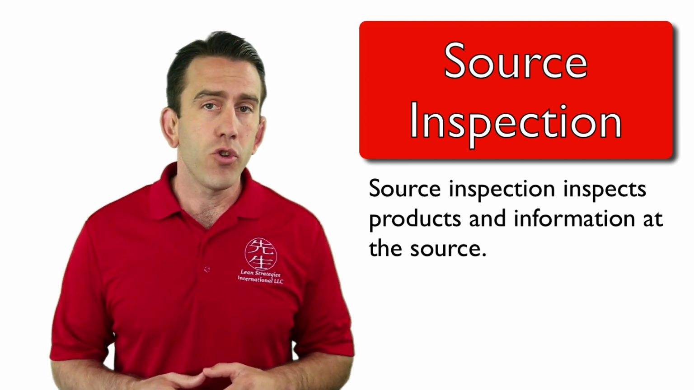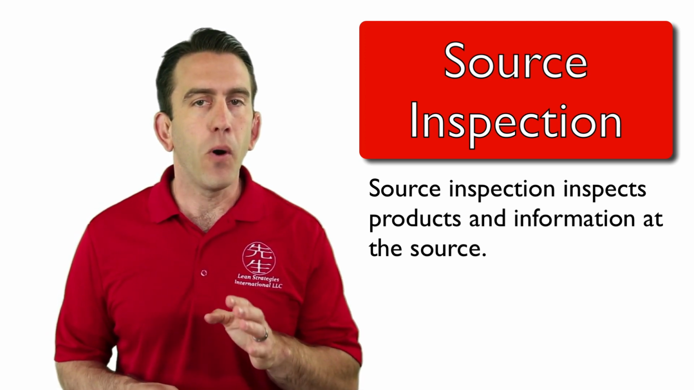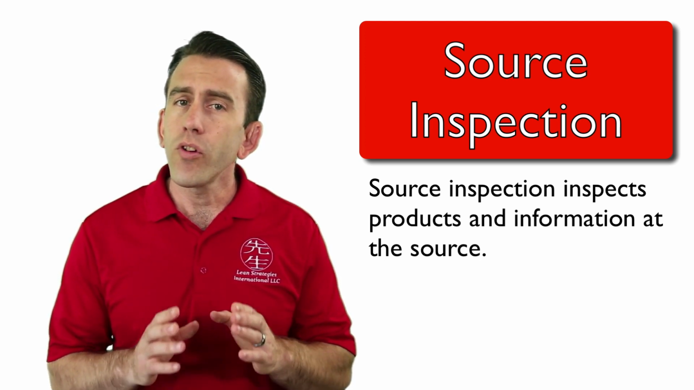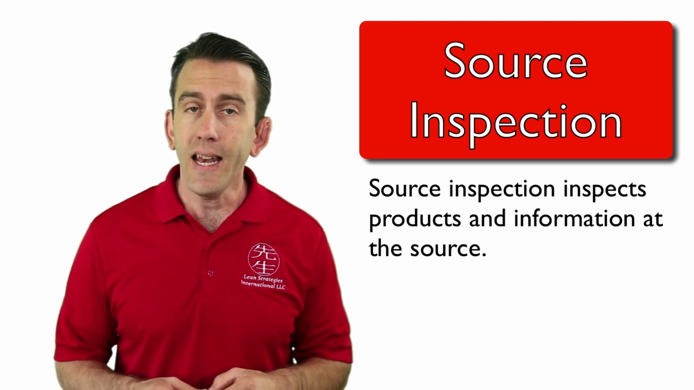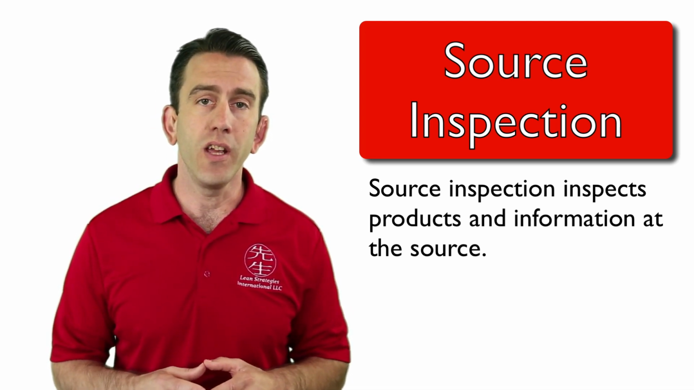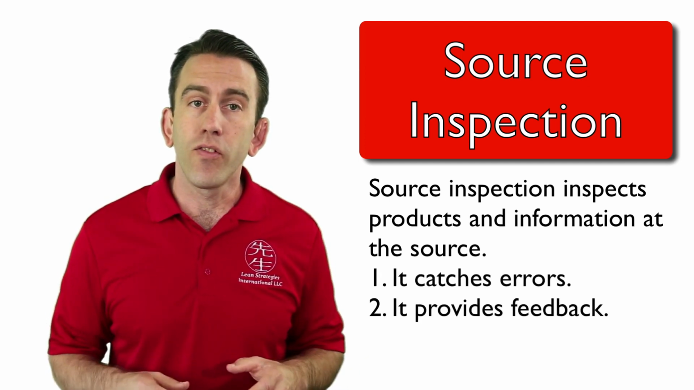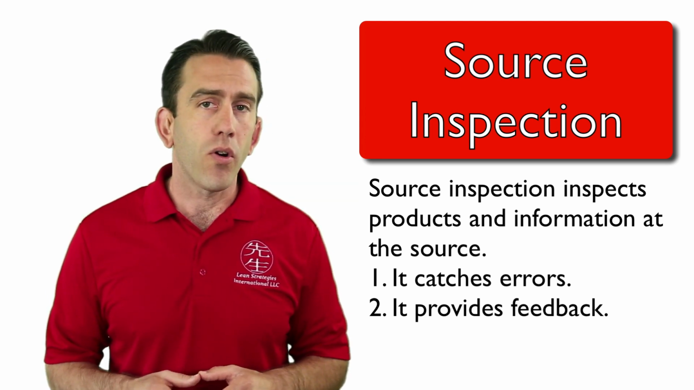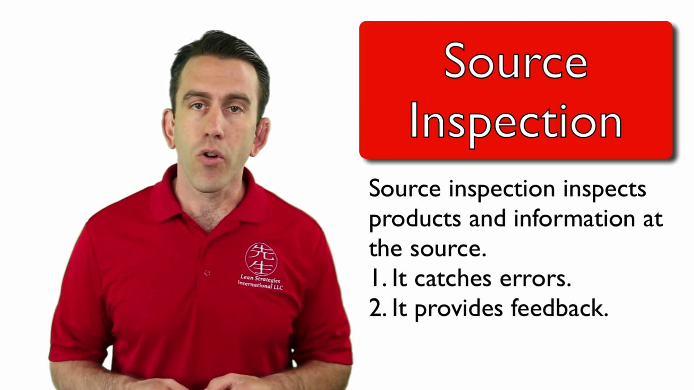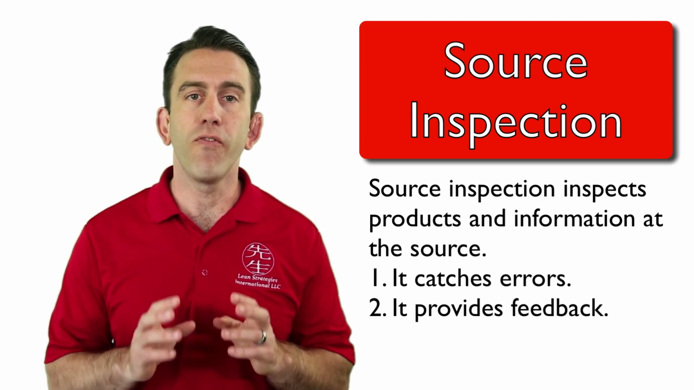Dr. Shingo teaches in his book Zero Quality Control, Source Inspection and the Poka-yoke System that source inspection accomplishes two critical components in any effort to achieve zero defects. It catches errors, and it provides feedback regarding those errors. These two components are critical in achieving zero defects as they give you the ability to catch errors before they